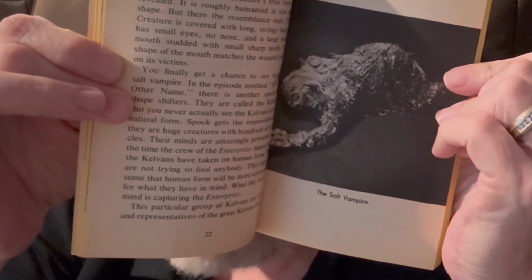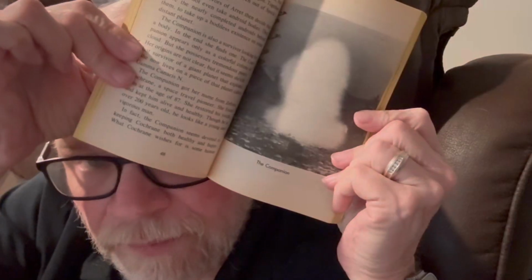And the book is pretty much populated with photographs of major characters and creatures and aliens from the TV series. Half of the book, obviously, is basically photographs of the cast or sets. But some of the creature photos are pretty good, of course. Here's the Salt Vampire from The Man Trap, the Melkotians, the Companion, the Flying Parasite,